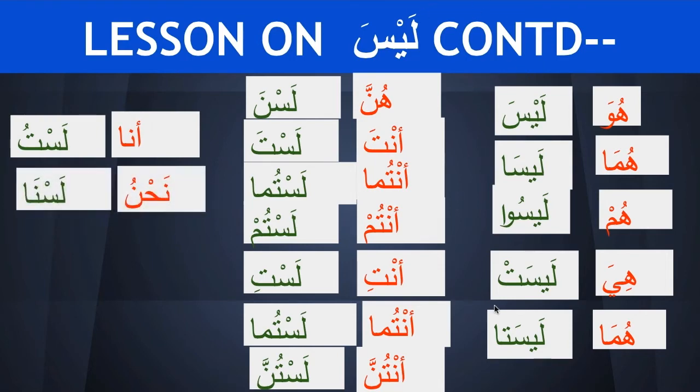And in all these forms, we don't look for a fa'il, so instead we call the dama'ir ism laysa, which is marfu. In opposite to inna, whereas ismu inna is mansoob, ismu laysa is marfu, and khabar laysa is mansoob. However, most of the time in the Quran and in classical Arabic, we see that the khabar of laysa comes with the harf jar bi, and that's why we see a combination of jar majrur. If there is no bi, then that khabar would be mansoob.